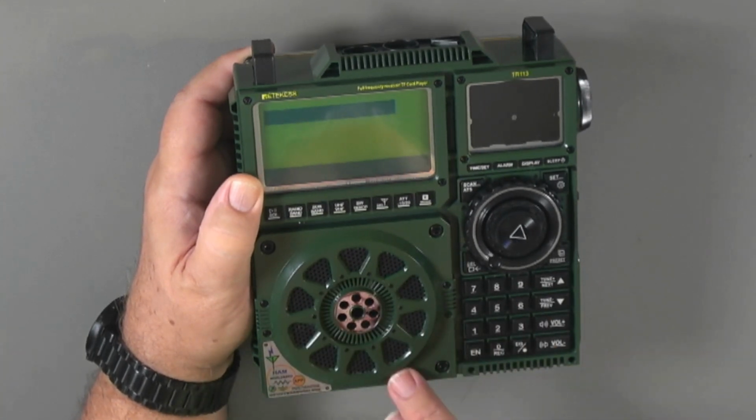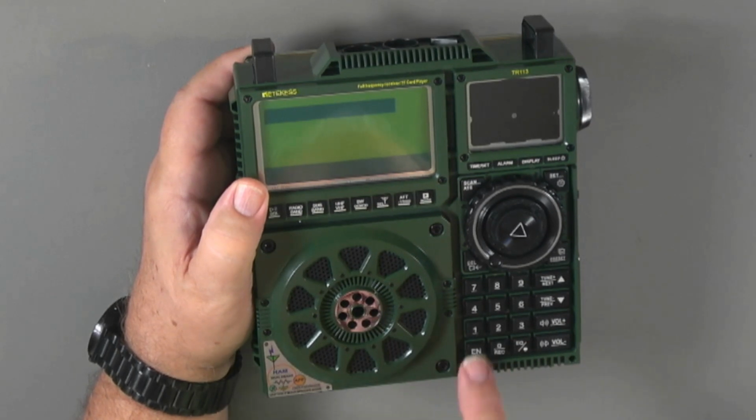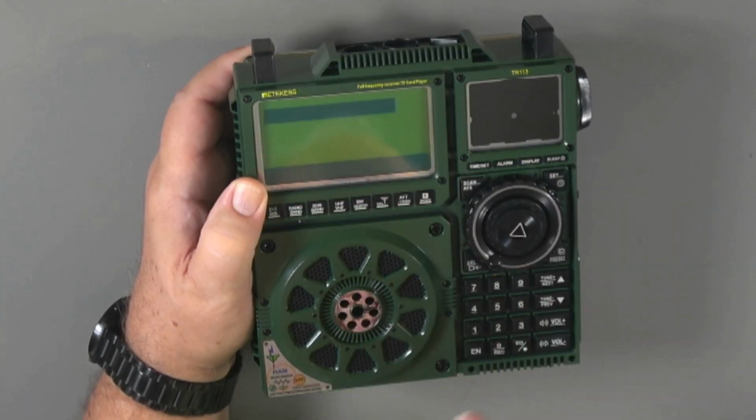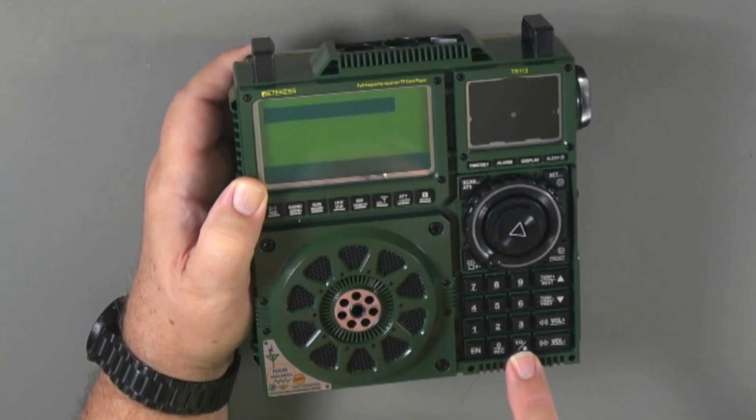The numbers here, you can type in frequencies. One of the things here is you have to press enter first, type in the frequencies, and enter next. The little zero record, a long press here, will start recording whatever the radio is playing to your micro SD card, up and down volume, and then each of the